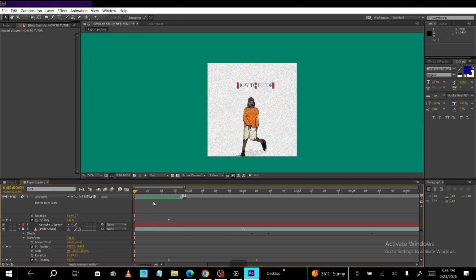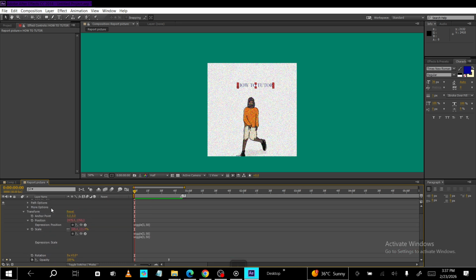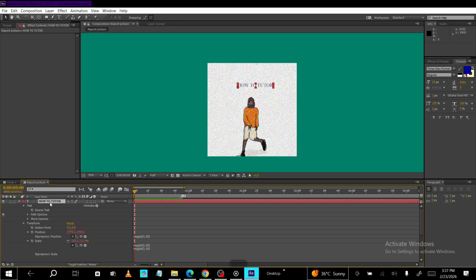First, make sure you're looking at the timeline panel. This is the area at the bottom of the After Effects interface where all your layers are listed. Each row there is a separate layer in your composition, like a piece of text, a solid, a shape layer, or a video clip. Take a moment to locate the specific layer you want to make 3D. It might help to rename your layers clearly before you start so you can find them quickly, especially in complex